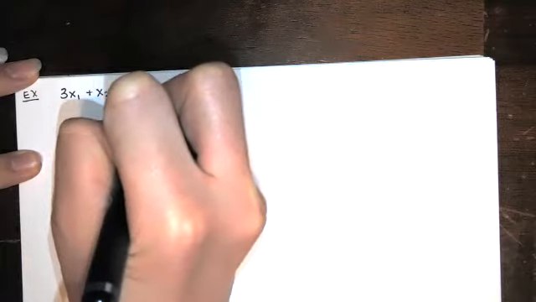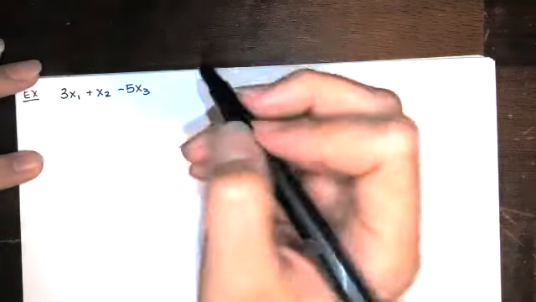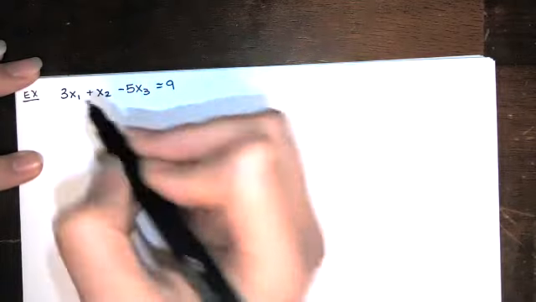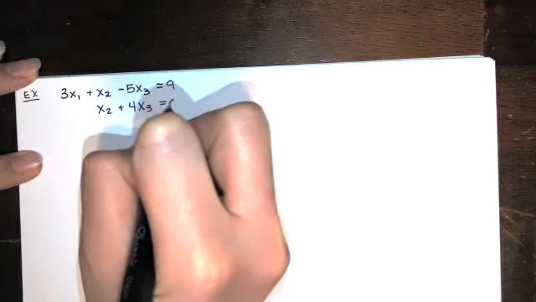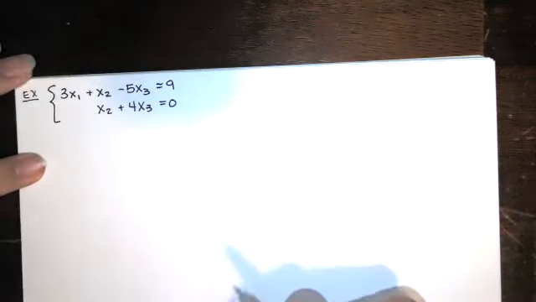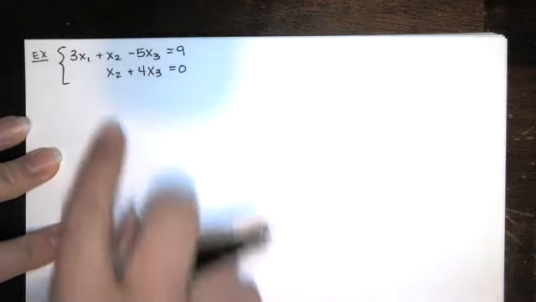So let's say we have this system of equations, 3x sub 1 plus x sub 2 minus 5 times x sub 3, excuse me, equals 9. And x sub 2 plus 4x sub 3 equals 0. That's our system of equations. We might want to write this in 2 different ways. We can write this